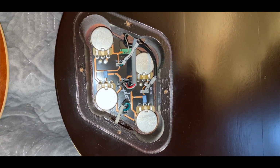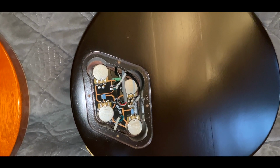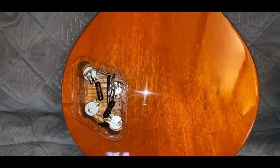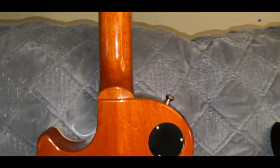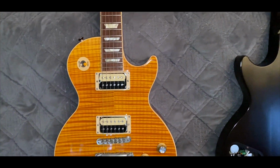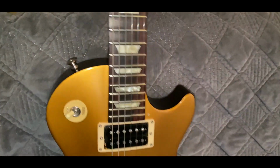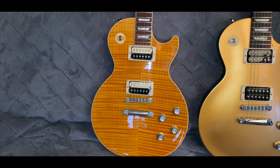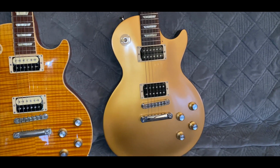I'm excited to see how the 1960s Black Beauties will compare to the '59. If you get good pickups, like the Seymour Duncan Alnico IIs, in this case the Slash that I have on here, and you put something like the '59 PIOs in there, it'll just crush it on sound. So I'm really excited to see what difference it will make on the 490 and the 498. Obviously, going twice '59 didn't make sense, so we're going '59 on this as we did, and 1960 here. But let's see first what we ordered,